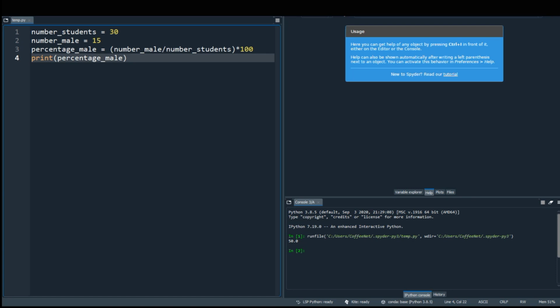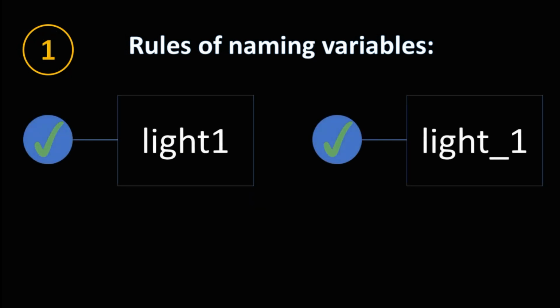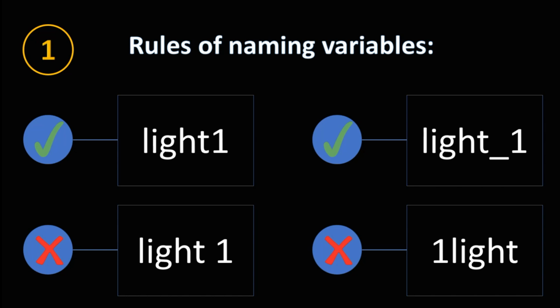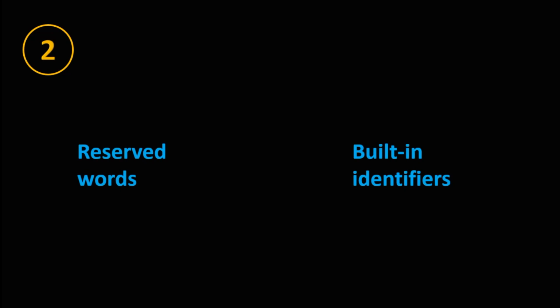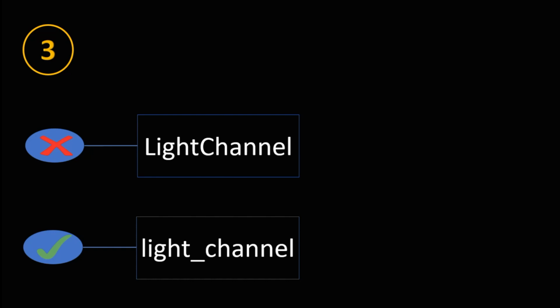Along with making descriptive variable names, there are a few things to watch out for in Python. First, you can only use letters, numbers, and underscores in the variable name. No spaces are allowed. You can start only with a letter or underscore. Another thing is that you cannot use reserved words or built-in identifiers that have other purposes in Python, which you'll learn about through this series. Finally, the Pythonic method of naming a variable is to use all lowercase letters and underscores to separate words from